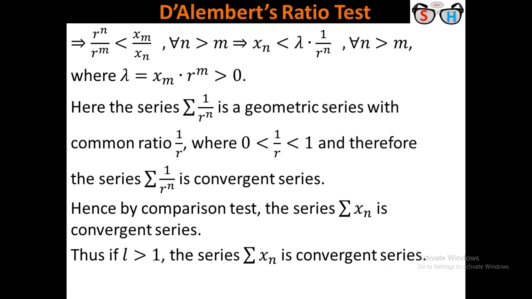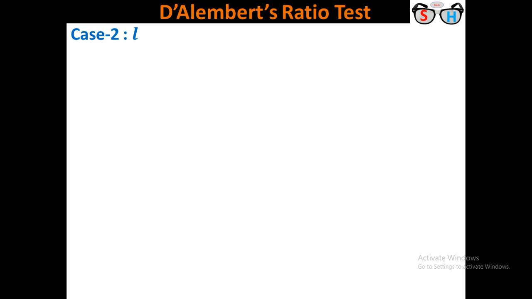Now I discuss the case when L is strictly less than 1. By a similar process, we have to choose epsilon in such a way that L is less than 1, so there is a gap between L and 1. So by the density property, there exists an element between L and 1. Since the element is larger than L, this will be L plus something. We choose the something as epsilon, where epsilon is a positive quantity. So L plus epsilon is larger than L, and it must be less than 1. Let epsilon be greater than 0 such that L plus epsilon is less than 1.